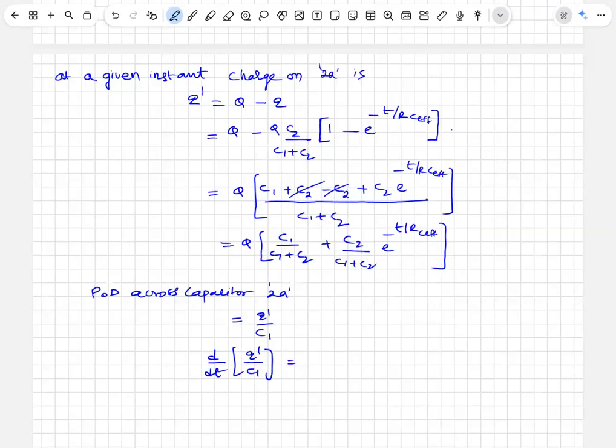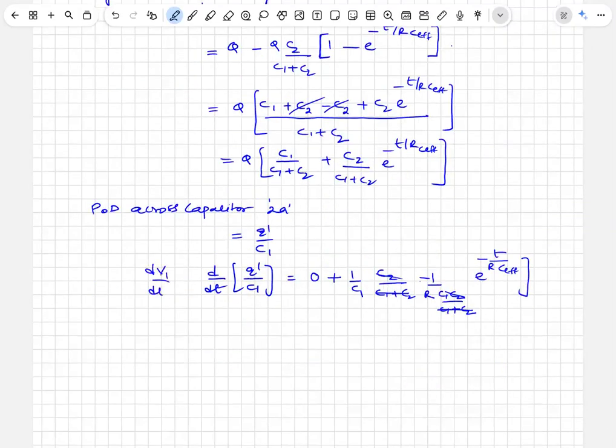రైట్. ఇప్పుడు దీన్ని డిఫరెన్షియేట్ చేస్తే ఫస్ట్ టర్మ్ 0, అంతేగా? ఫస్ట్ టర్మ్ 0, నెక్స్ట్ టర్మ్ R into C effective. C effective అంటే C1 C2 by C1 plus C2. Proud to cancel both. E to the power of minus T by R C effective. So finally this is dV1 by dt. Okay. Don't put the final answer as a negative term because they are asking that will be